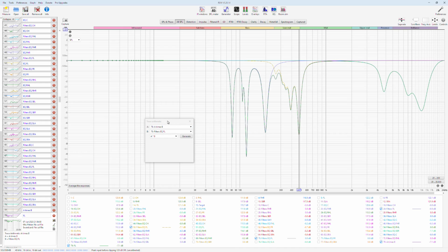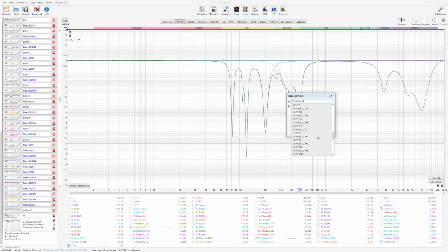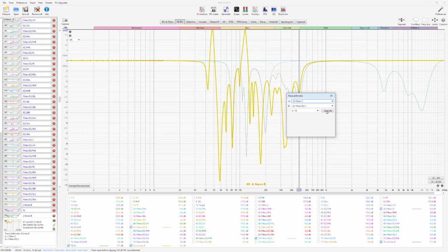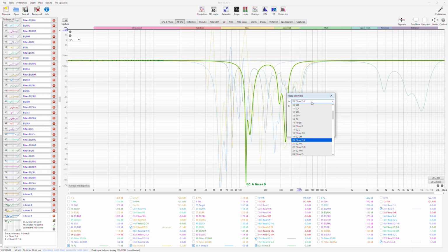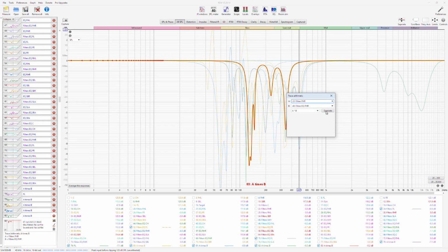Okay. To do this faster, a good way is to start from the first one, which is filter C, and then you multiply it with filters EQC and generate, and then 1844 generate, and then 2046 generate, like so.